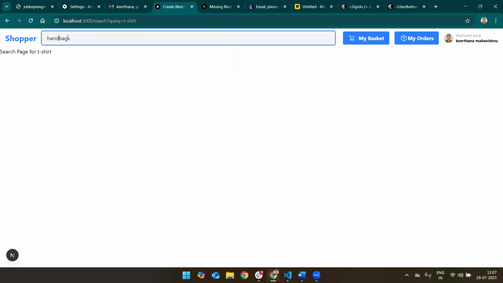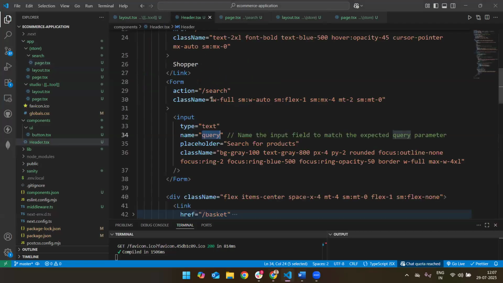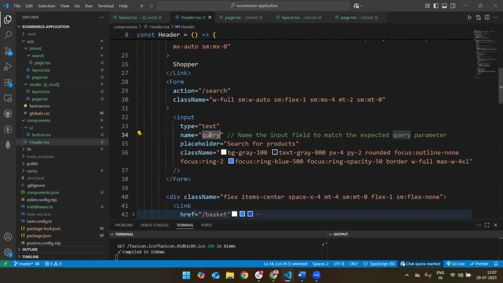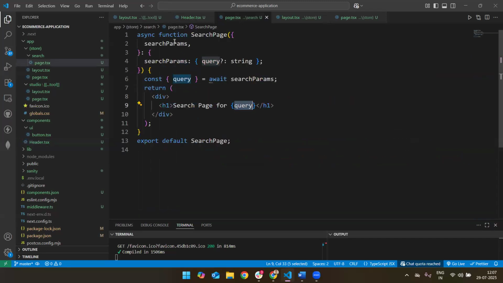So what it does: handbag is nothing but this input name query. In the input, I have typed handbag. When I click on enter, the handbag goes to this page.tsx, and this handbag is the search param, and the search param is checked whether the query is a string. Yes, the handbag is a string, and we are destructuring the handbag into this query constant. Now this query constant holds the value of the handbag, and now we are trying to project it in our